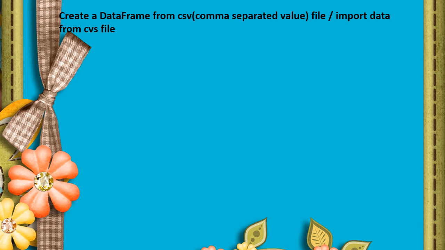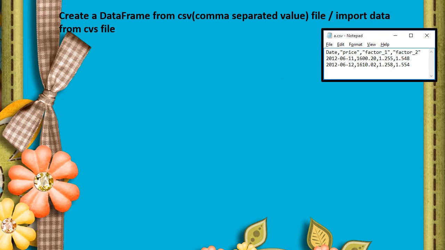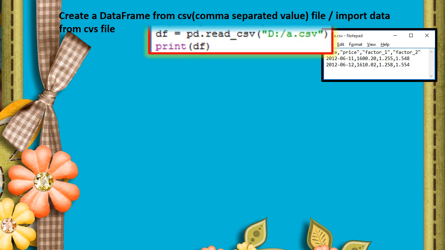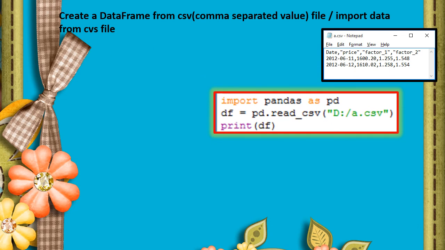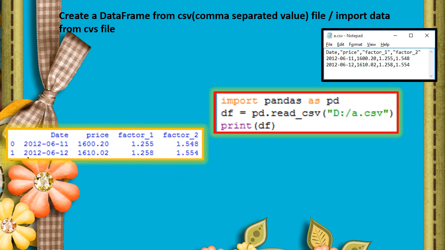And see that example. So consider the text CSV file, comma separated value is what CSV indicates. So we can open any text editor or Excel, just type the data and save as a CSV. So I saved that file in the D colon. So I give the path D colon slash a.csv. So using the read_csv function, I just read all the data and assigned it to the object df. Now we print it, it will come like that in tabular format.